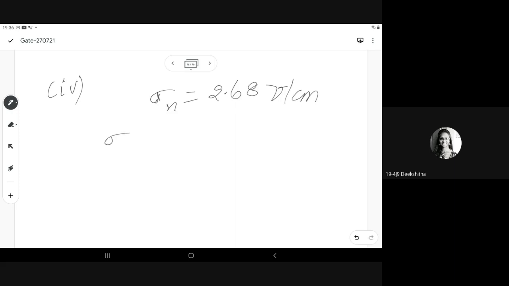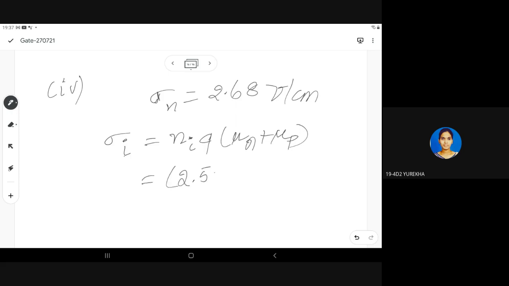So what is the formula for conductivity in an intrinsic semiconductor? Sigma i is n i q into mu n plus mu p. So this is the formula. What is n i? n i represents 2.5 into 10 power 13, and q represents